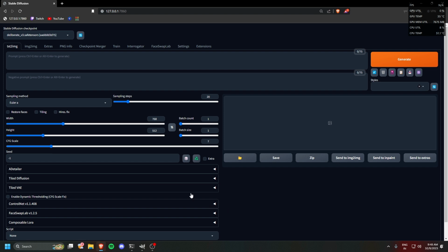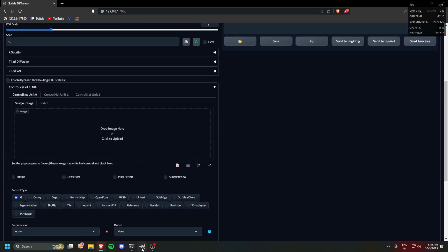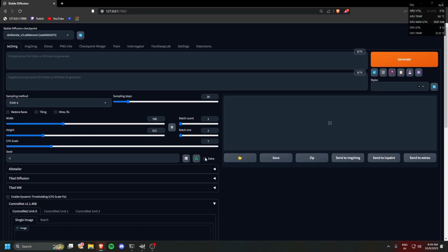So for this method, all you're going to need are ControlNet, which you should have already, and Gimp. Both are free, so as long as you have those two, you should be good. Now what I like to do is generate a series of images. Normally I'll start with a 768 by 512, and we'll use that as kind of the base layer, and then we'll drop it down to 512 by 512 and generate as many images as you want to put in your